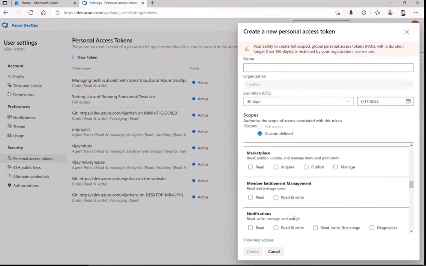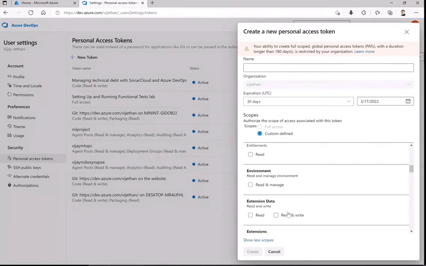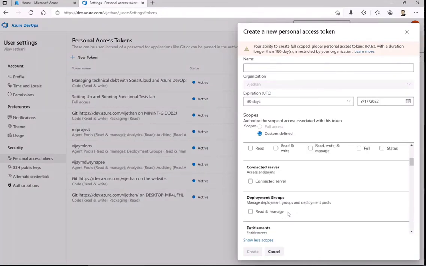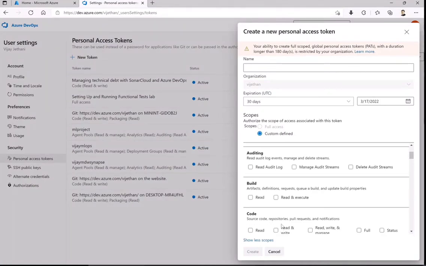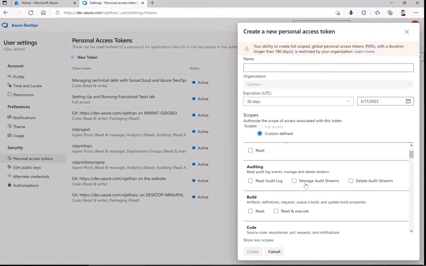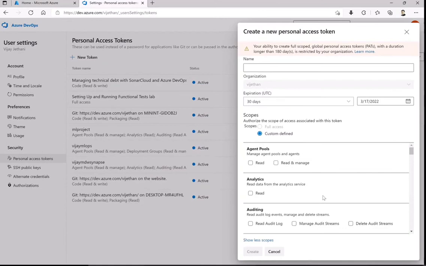So I need to be very specific about what kind of access I need. Make sure that you at least give access at the project level, and then from the code base repository you are able to manage, build, and obviously the pipelines. If you want read-only, or for security, or if you're completely new to this and want to give yourself full access, you can go with full access as well. But make sure you restrict yourself to the limited scope, because this won't allow you full access beyond a particular number of days. So whatever you select, accordingly you create the personal token. You will get a hash code from that. Save it, because you will not be able to see that hash code afterwards.